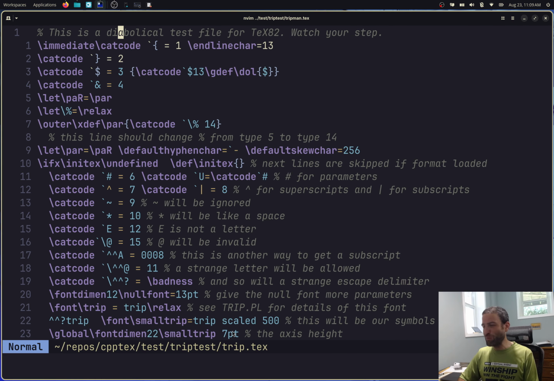It was madness, right? So this is a diabolical test file, watch your step, thank you, Knuth, in which, rather than trying to write the happy path, Knuth tried to write the least happy path imaginable, in a file which I think is extraordinarily difficult to read. So one of the things that's interesting here is that it is hard to understand what the test is actually doing. I mean, if you really dig in and you really know what the engine is, you can, of course, piece together exactly what's happening at every step,